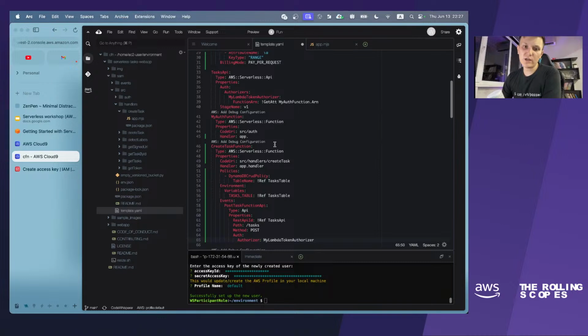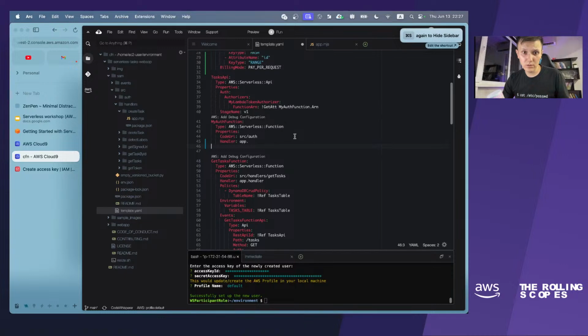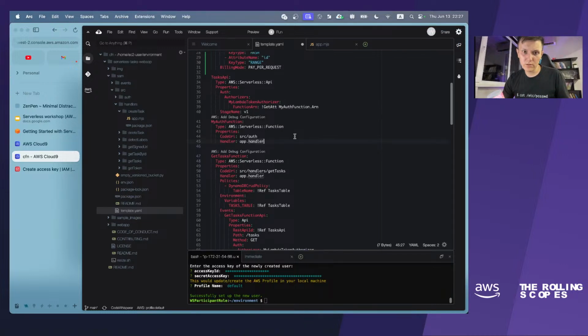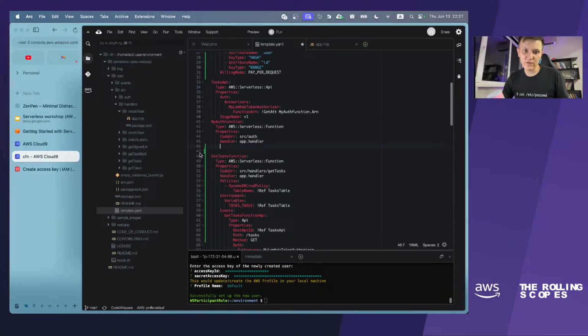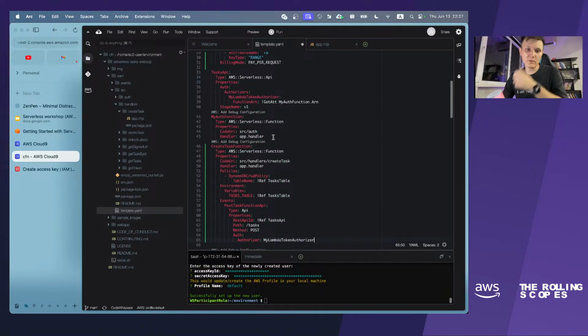Yeah, and also keep in mind that here we use YAML, and we have to pay attention to indentations.